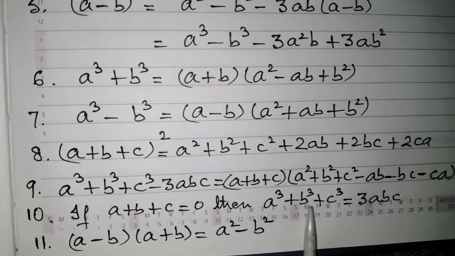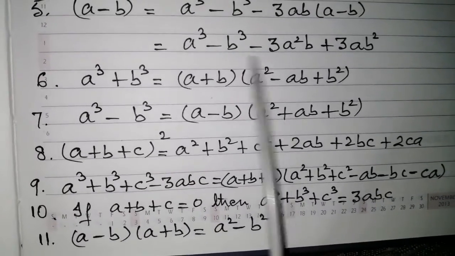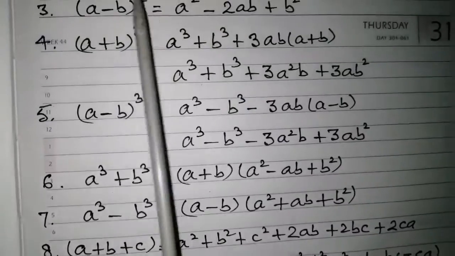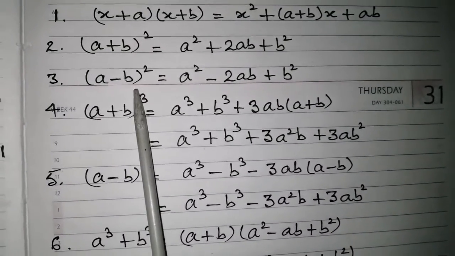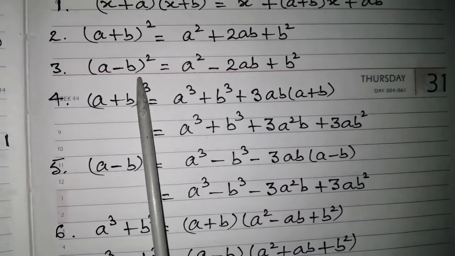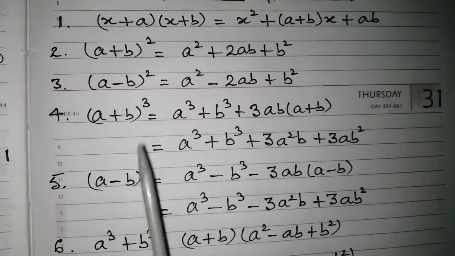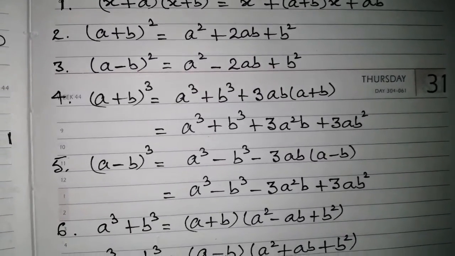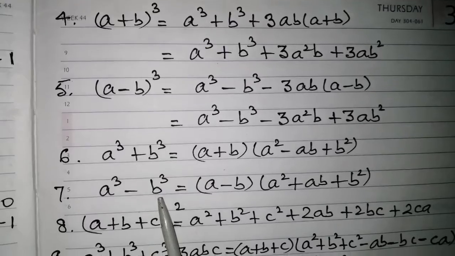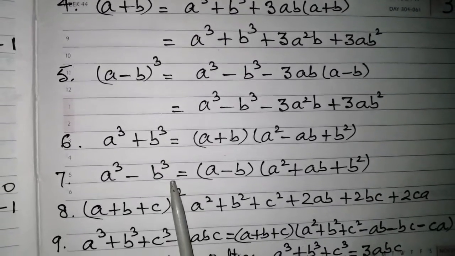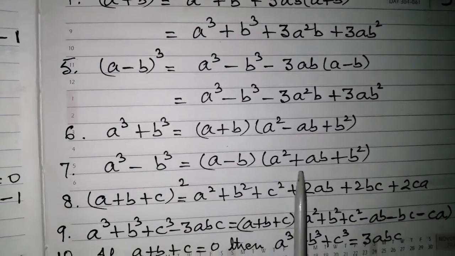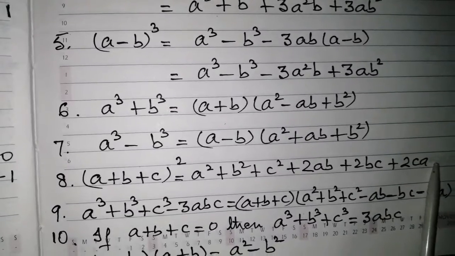Students, I suggest that you learn these identities in pairs. For example, these two are similar, so learn them first. Then you can come to the next two. Similarly here, so it would be easier then to remember, and do write them at least 4-5 times so that you can remember them well.